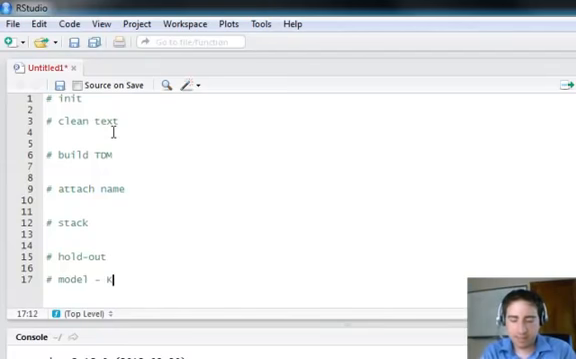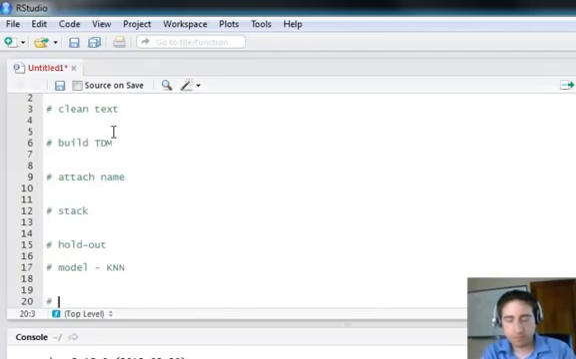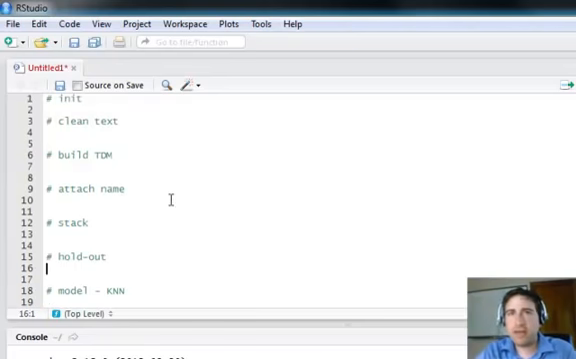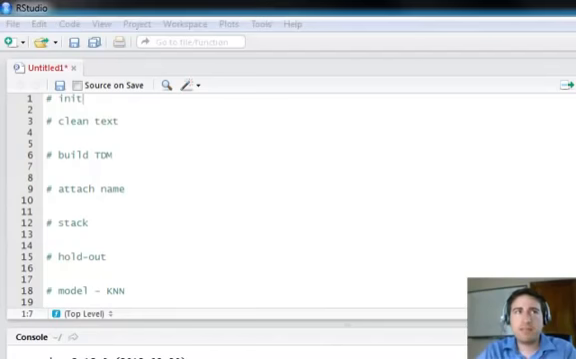In this case, it's called k-nearest neighbor, and that is the methodology we're going to be using. And then we're going to assess the accuracy. Okay, so let's go ahead and start doing this. Since the initialization is pretty straightforward, I'm just going to copy and paste what I'm going to do here